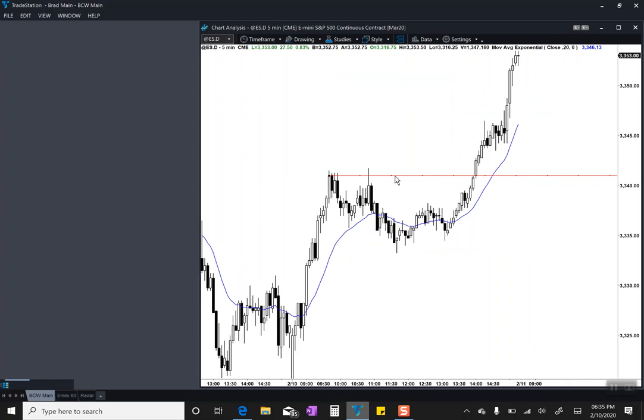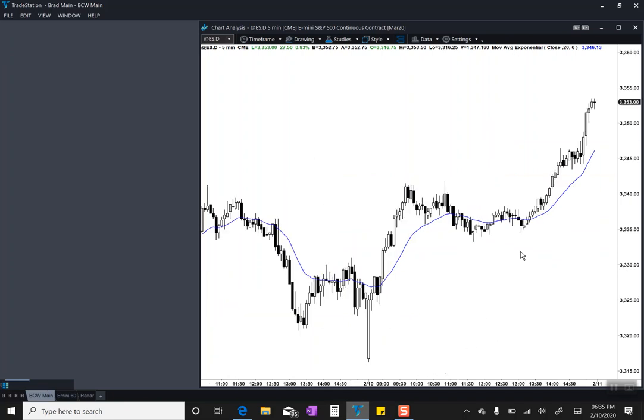So again, I don't have much to say with this day. I thought this day was easier than most days, just because you get a big bar on the open and it's a reasonable low of the day, but the risk is big. And you heard Al saying it's not a great trade,